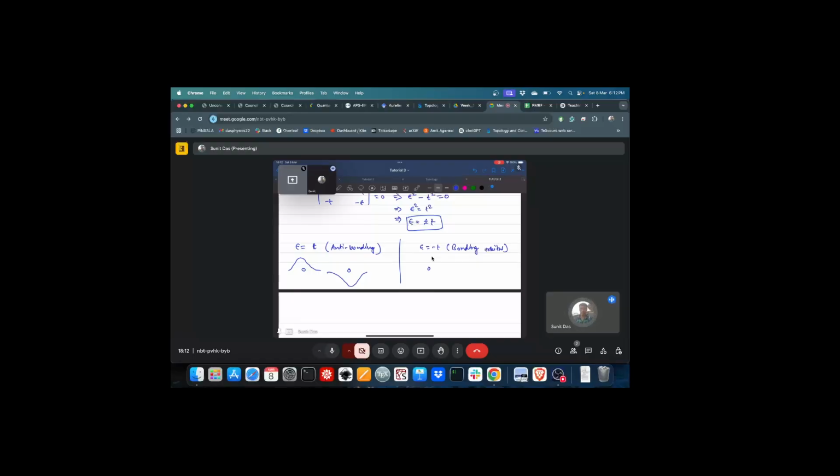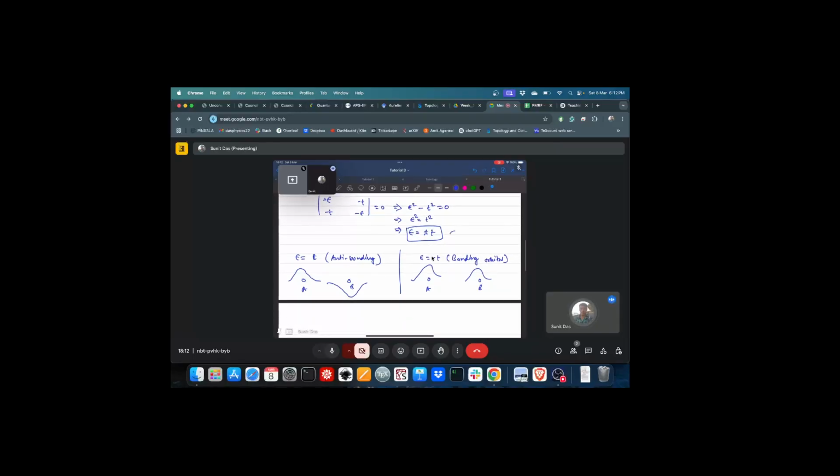And in this case, it will be simply A, B. So the orbitals are centered at the A site and B site,